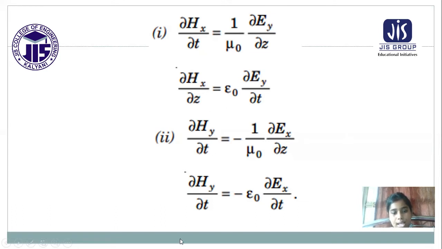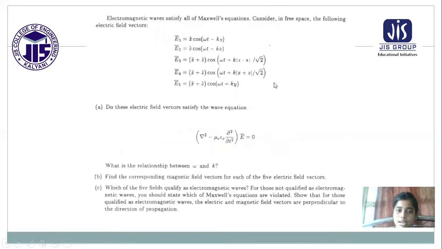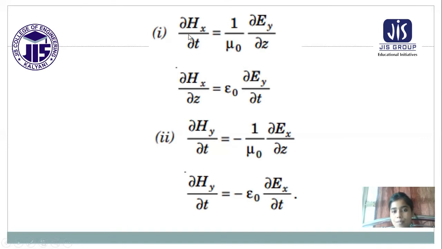Now this is the relation between the magnetic intensity and the electric field. Many times this kind of problem comes, where, if we go to the previous slide, you have to use the relation between the magnetic field and the electric field. You can get that relation from here, and you can get it from here also. So this is very important. You must use this relation to do the numerical given in the last slide.